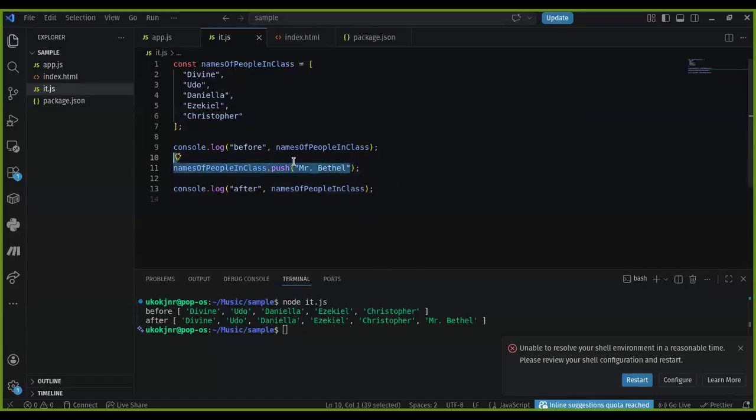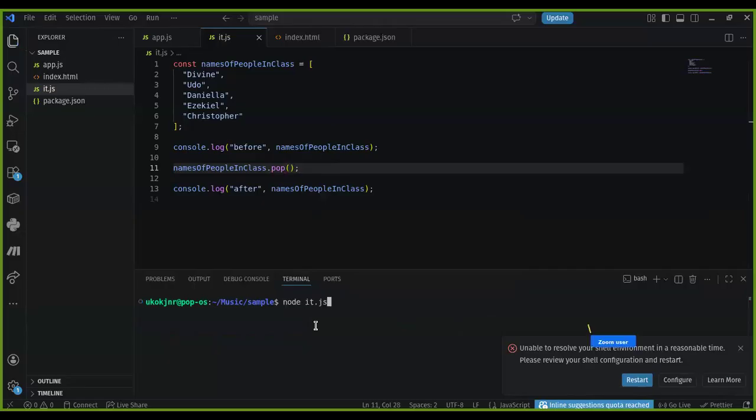Pop doesn't accept any argument because it's just going to go to the last element and remove it. So if I just say pop like that, I clear our console